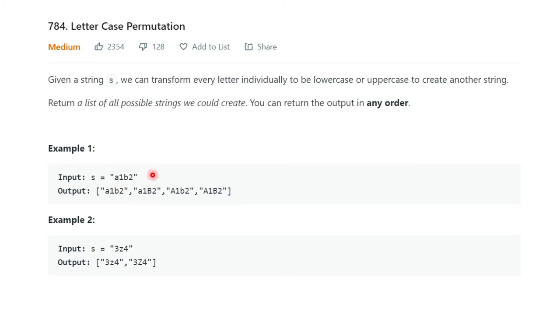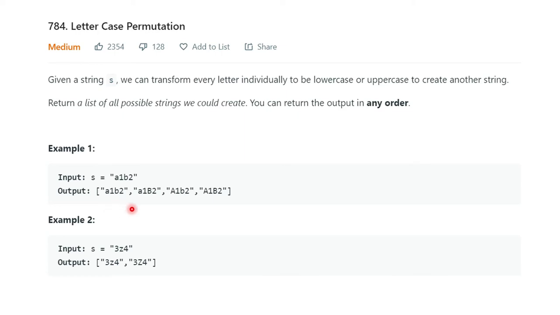So for this example, A1 B2, here we have two letters, A and B. Either we can use small case a or uppercase A, or small case b or uppercase B. And if we do that, then we can create four combinations in total.